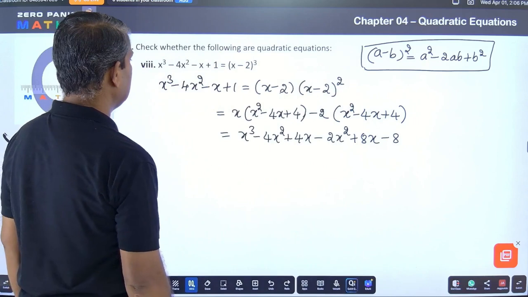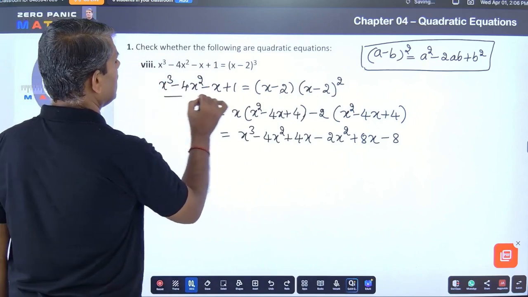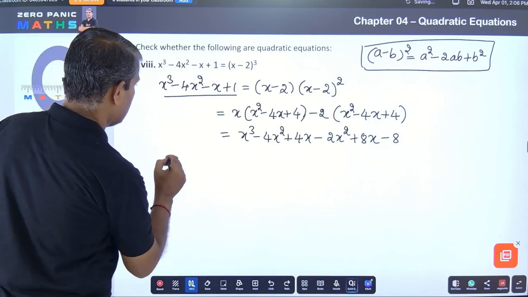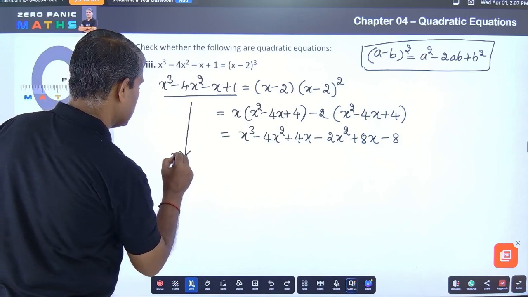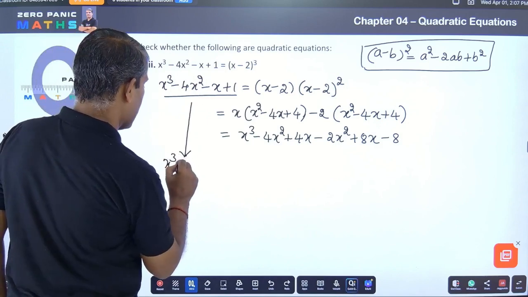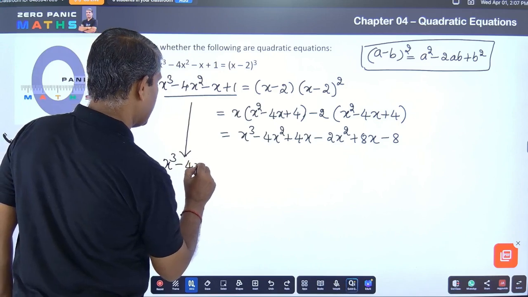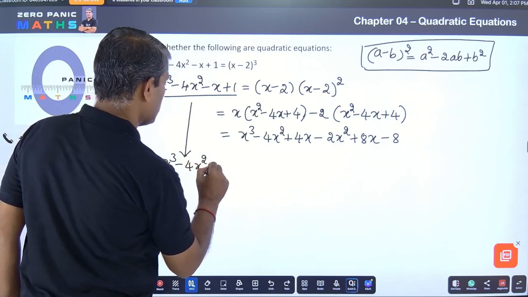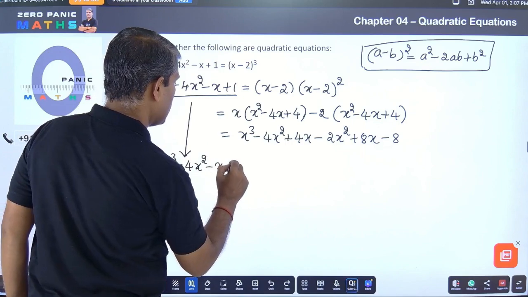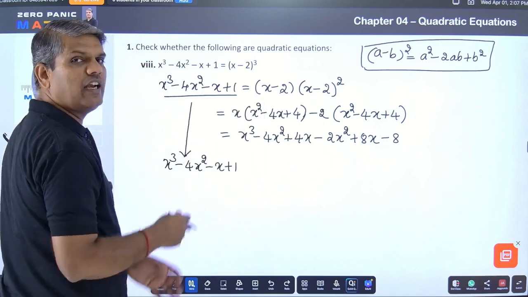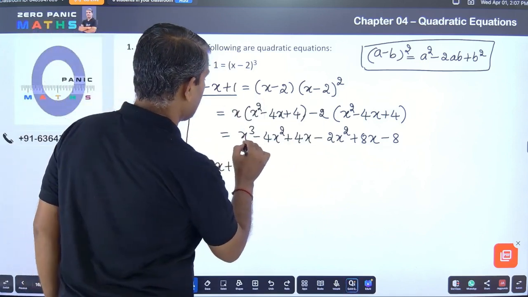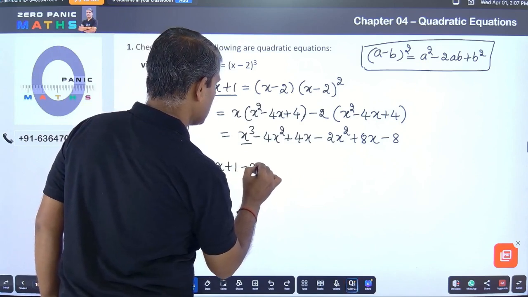Right, now let us write the terms here. Okay, let me take the terms here directly. I'm going to write x cube minus 4x square minus x plus 1, and bringing all the right side terms to the left side by changing the signs. Now it is minus x cube